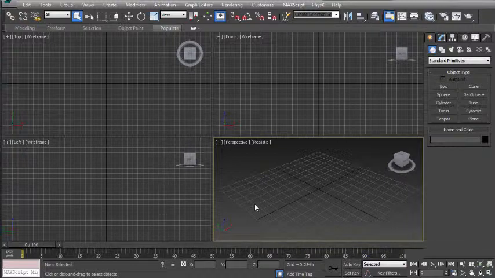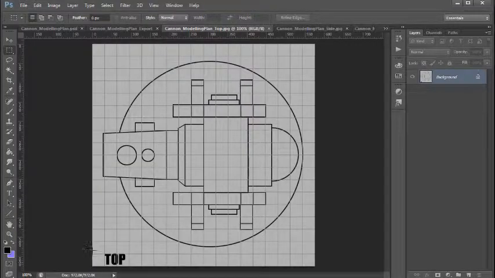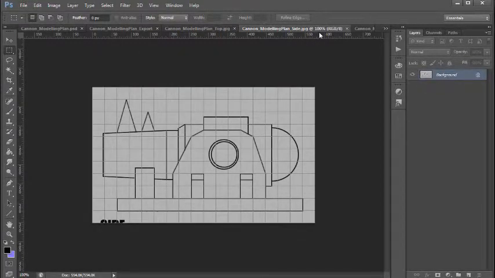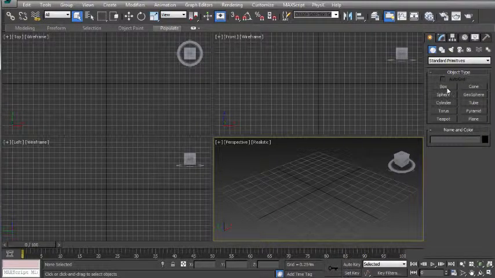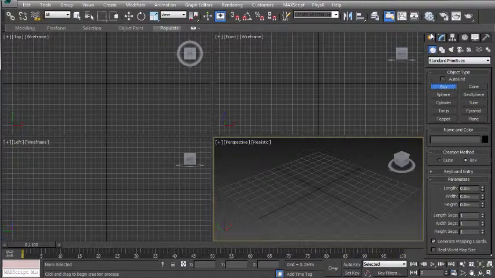The next thing we'll do is create a box, but we want to make sure that it's the same aspect ratio that we drew our images out to. And the way we can do that is we can take the grid width. So we had 18 grid spaces up and down this image, and then on the side view we've got 11 grid spaces up. So if we create a box just from the create panel,